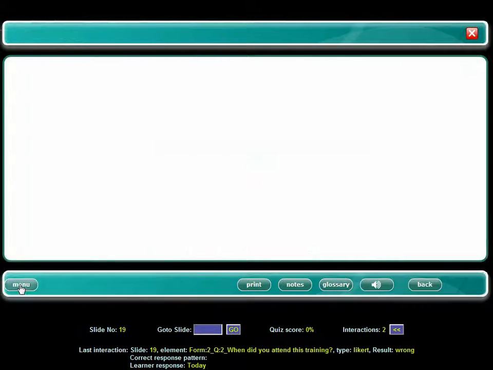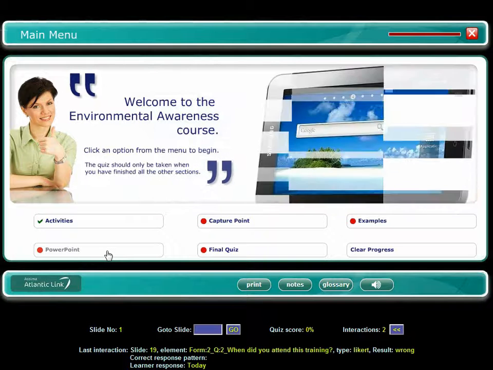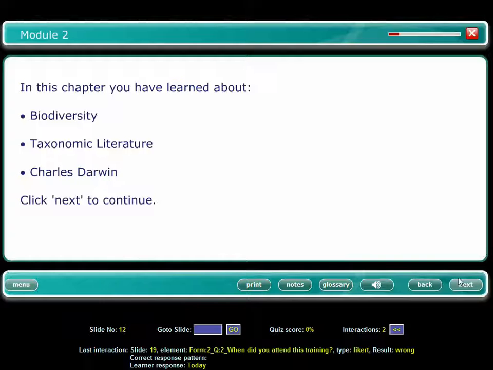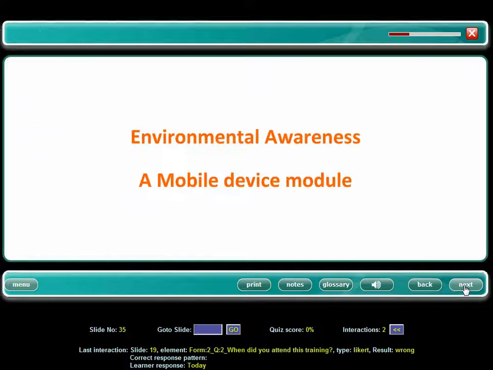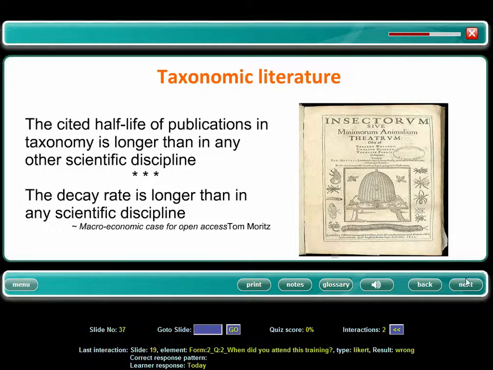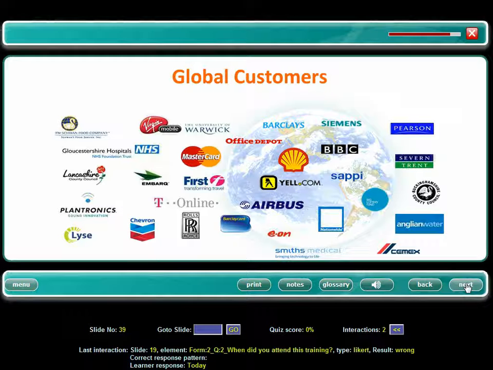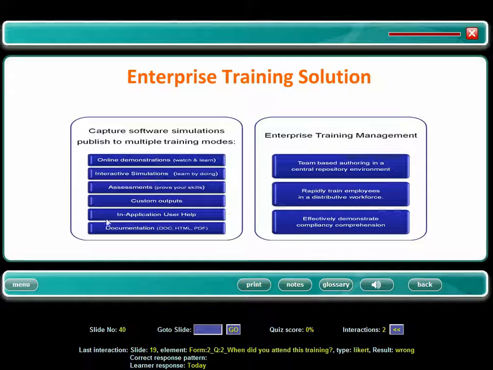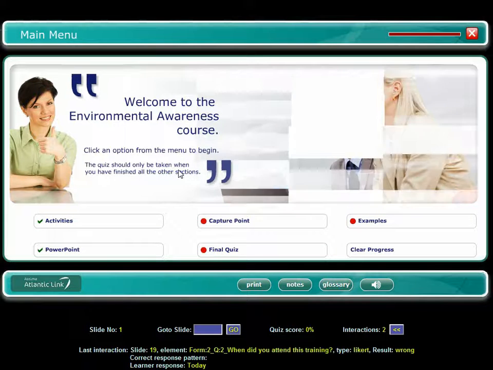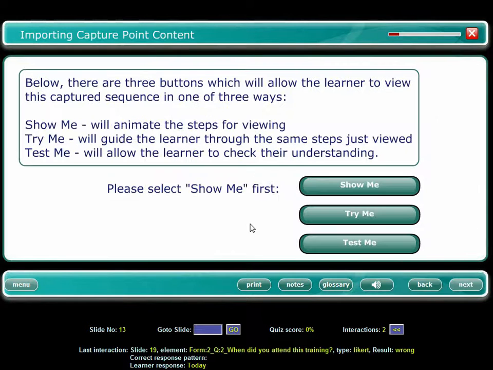Right, that's the end of that chapter, so I'm going to go back to the beginning, and it may well be that you've got PowerPoint in your organisations that you want to import into Content Point. So here's a few pages of the PowerPoint that we're going to be dropping into our training package, and the idea being that if you've got old PowerPoint that you want to add and wrap up into your training package and make part of a SCORM package, then that's something you can do with the Atlantic Link suite. We're going to be looking at capturing screens,